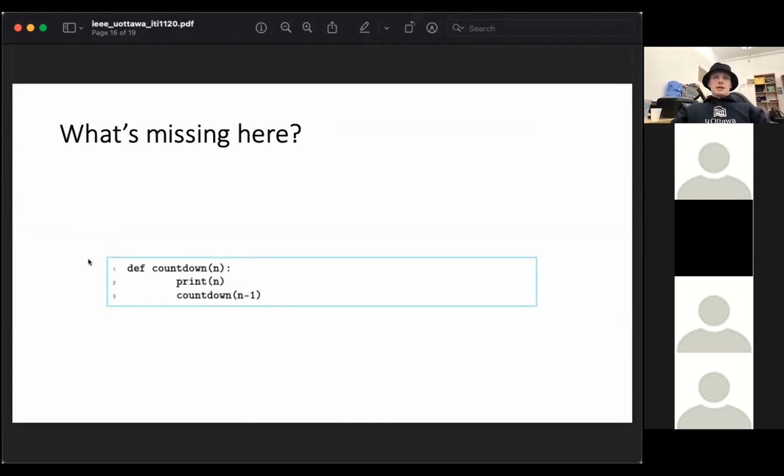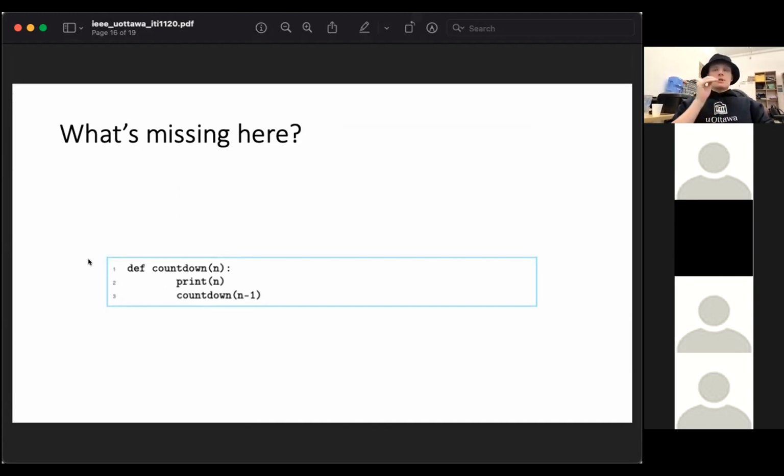So here's an example of a recursive function. This does a countdown. What's missing here? Or is nothing missing at all? Yeah, exactly. The base case. It won't run forever because there's a point where you can't print n-1 because it's too big of a number or too small of a number.